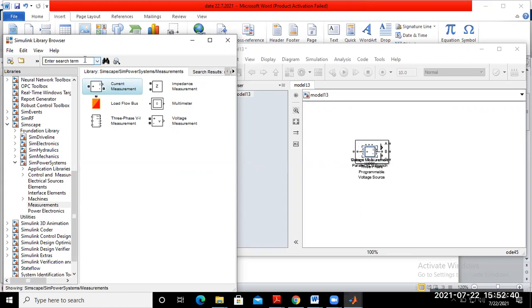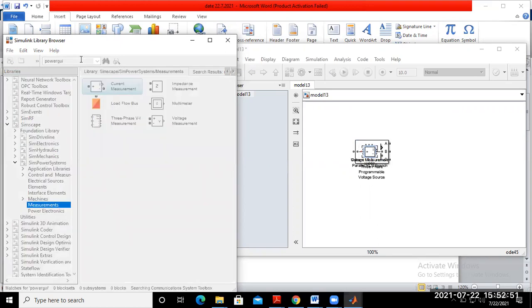Next, one block is required for the powergui. Just simply write here powergui. Okay, enter.